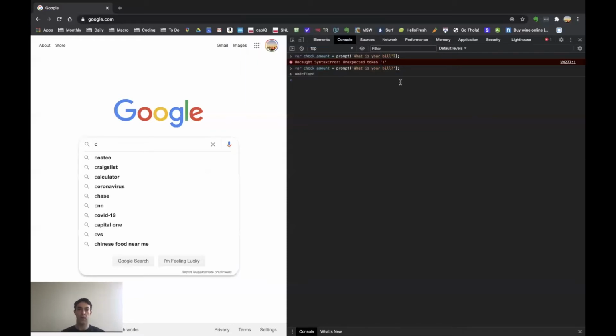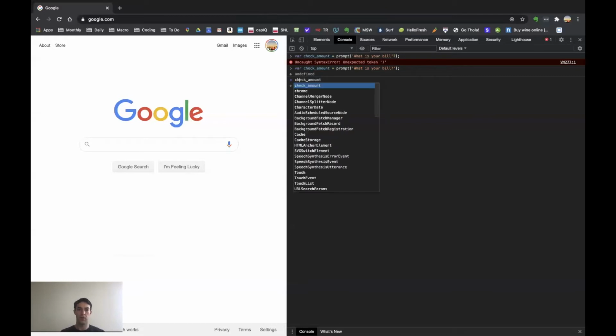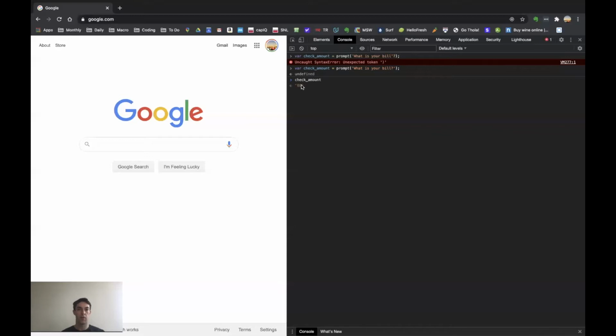And now when we go in here and we write check amount, it says $80. So that works. The important thing to note here is that the 80 is coming in with double quotations, which means it's a string, not a number. So what we're going to want to do is convert this from a string to a number. So let's just clear this out real quick